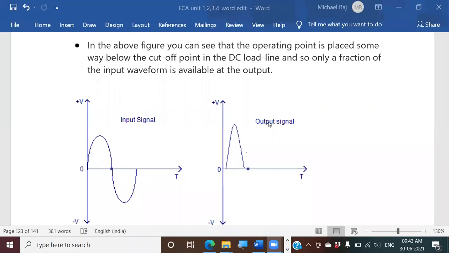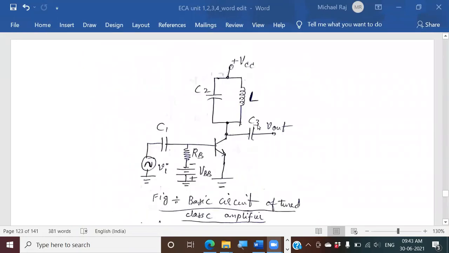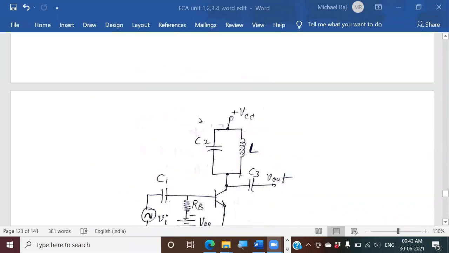Any signal, usually periodic, under certain mathematical conditions, we can represent in terms of a sinusoidal signal plus its harmonics. From that we can recover the sinusoidal signal by filtering out the harmonics, using a tuned circuit. We can choose the values so that it will only respond to the fundamental frequency, and then only that particular signal we can extract at the output.